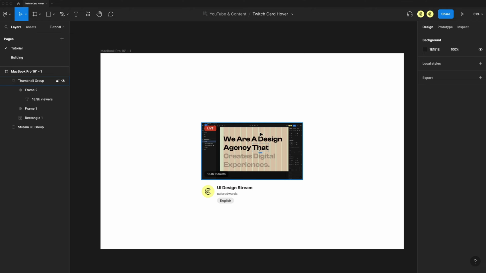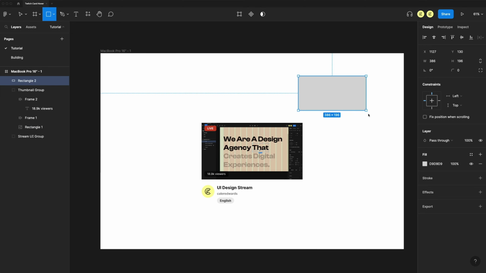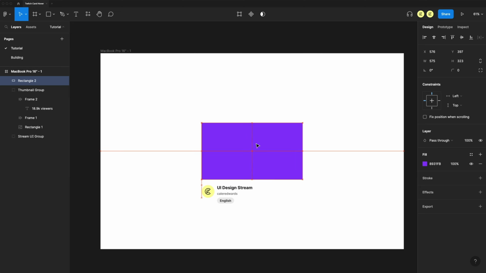All right, to actually create the 3D hover effect, what I'm going to do is just grab the rectangle, which is 575 by 323, and create another one the exact same size. We'll set this fill to purple. Color code on that is 8931FB. So I'm just going to drag that over top of our thumbnail and send it to the back with a